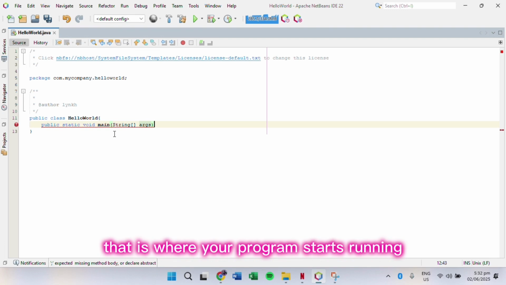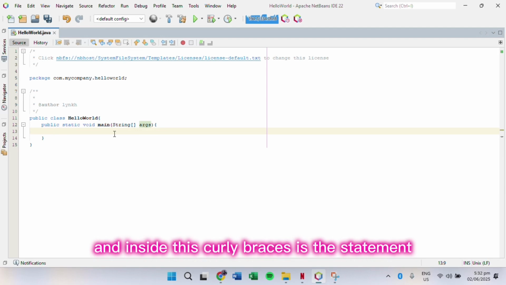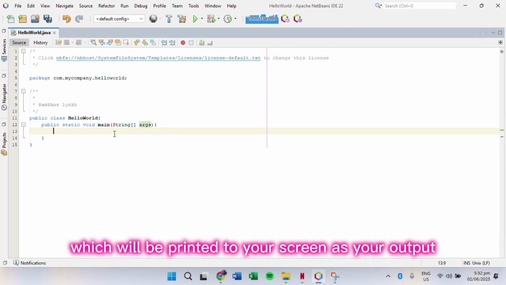That is where your program starts running. This also uses curly braces, and inside these curly braces is the statement which will be printed to your screen